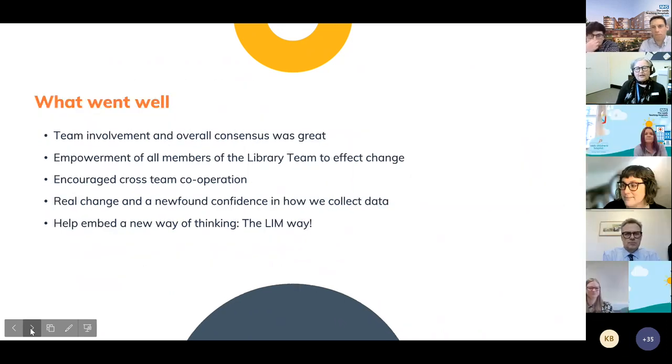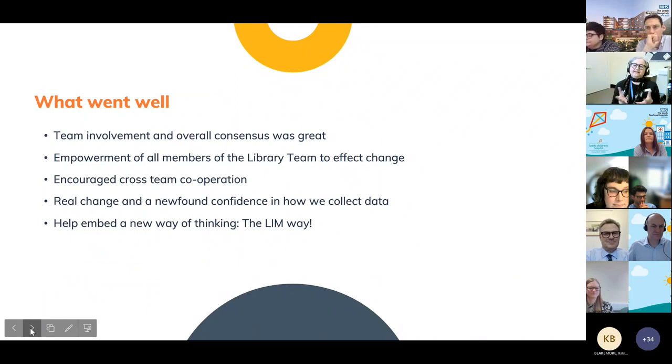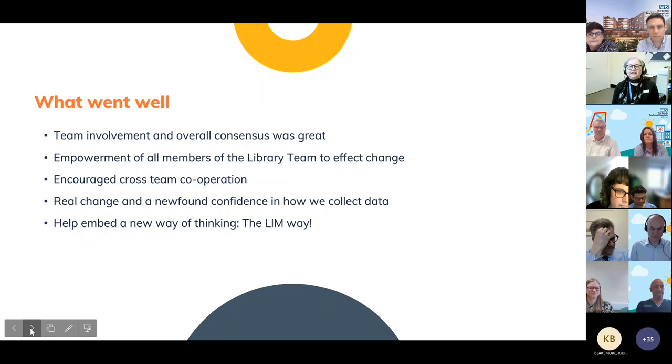So in terms of what went well, it certainly raised the confidence of the team in using a more collaborative style of working. And it also encouraged cross-team cooperation within the wider medical education department and the information governance. And Beth made the library team feel more involved in decision making,